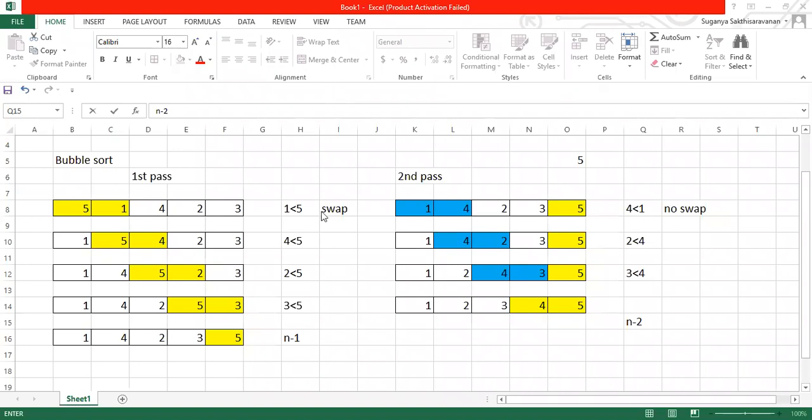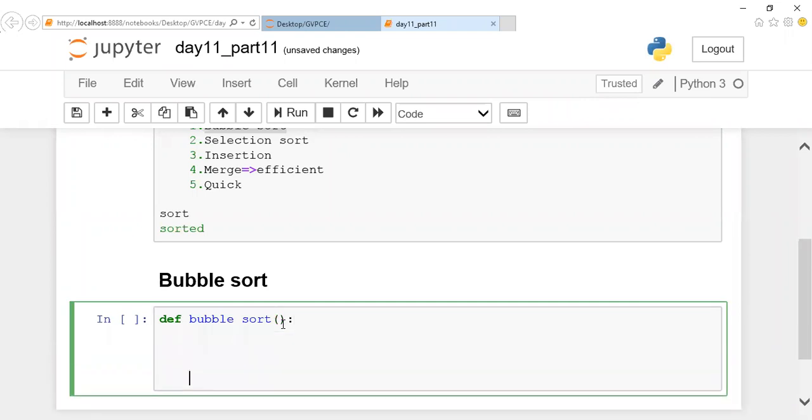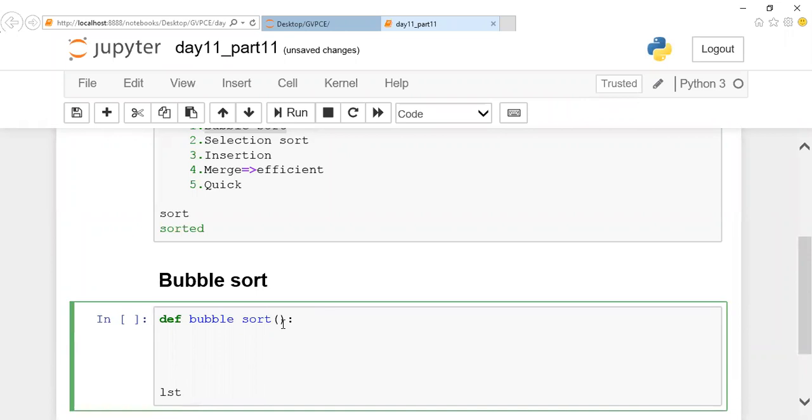Let me at least write and keep the bubble sort here. This is bubble sort. If you write a program, you can either accept input from the user also.